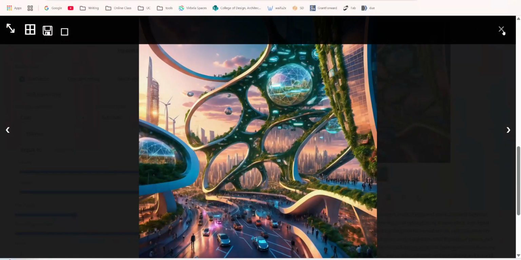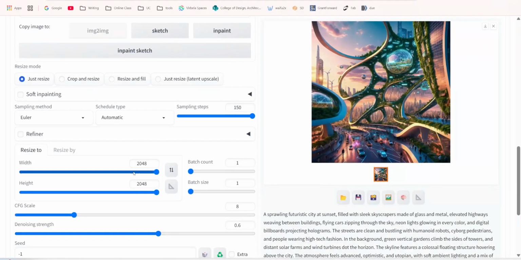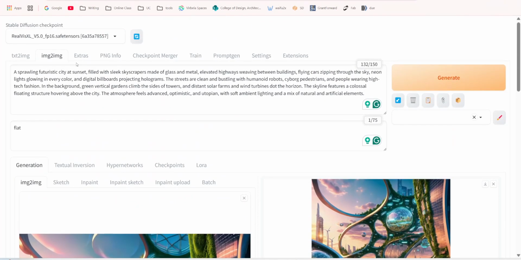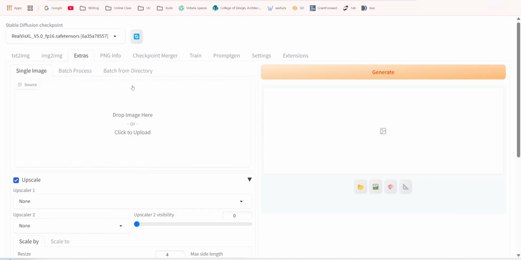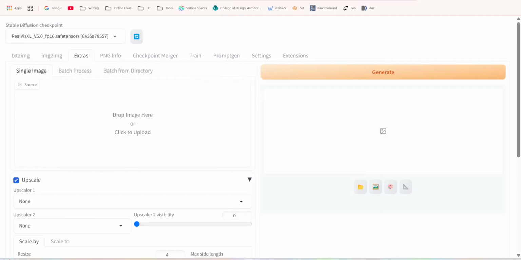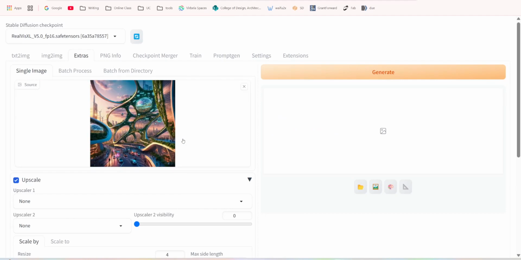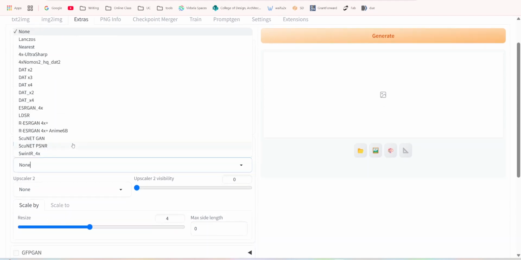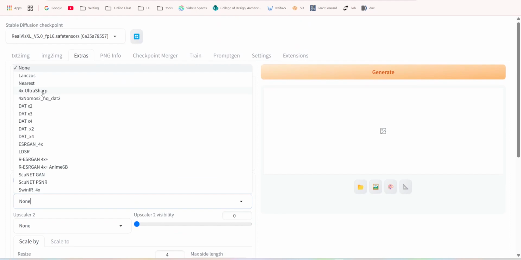If you do want to actually do more upscale above 2048, you could use other upscale tools, or you can just simply use Extras. This is one I use a lot. So for example, if I have this 2048 by 2048 here, I can just simply do upscale. Probably, let me see which one I want to use. I'm using this one, the last one. This works pretty well with